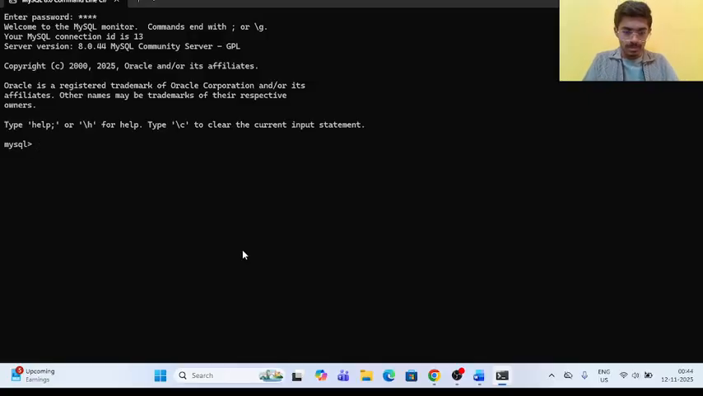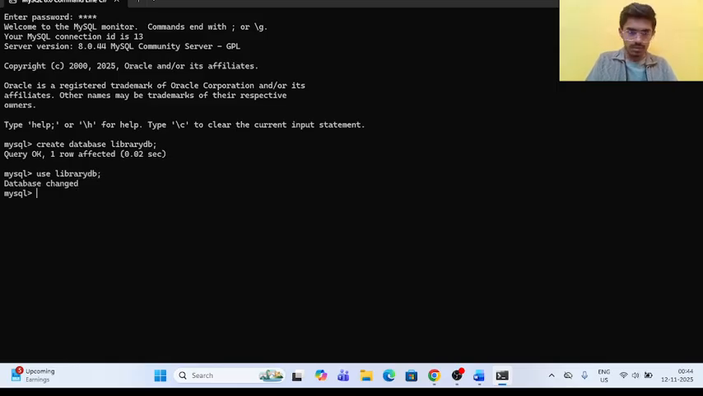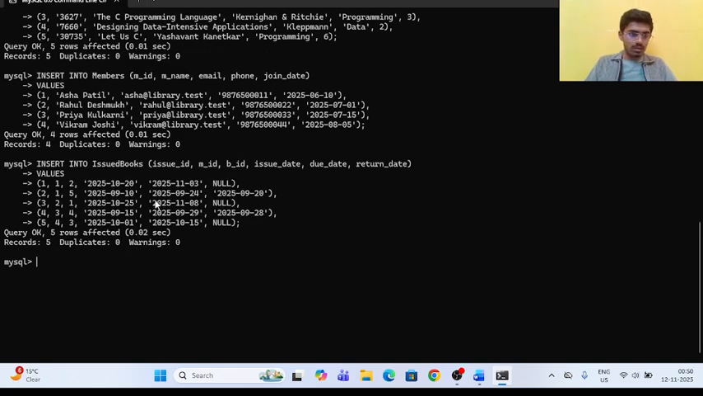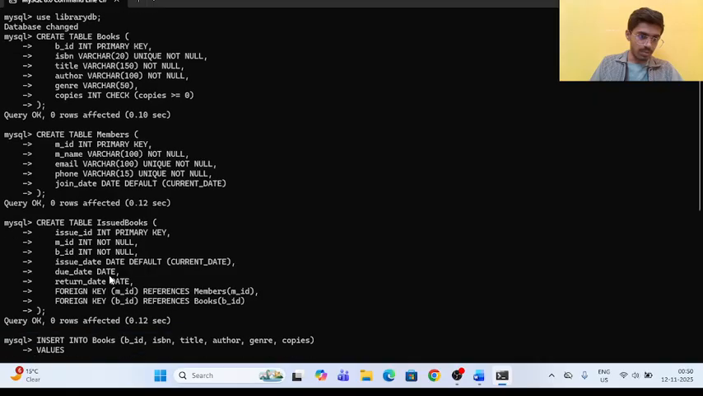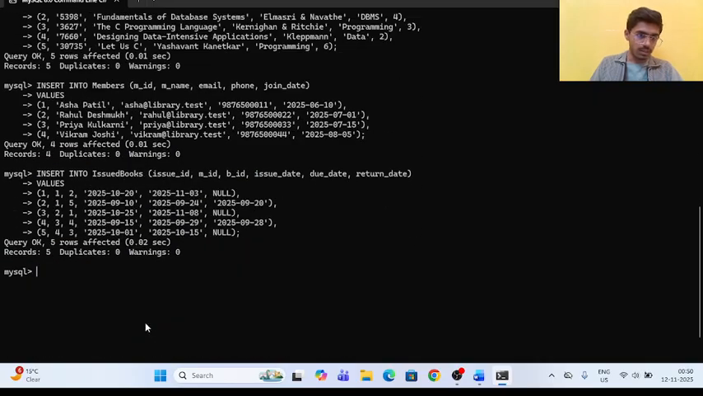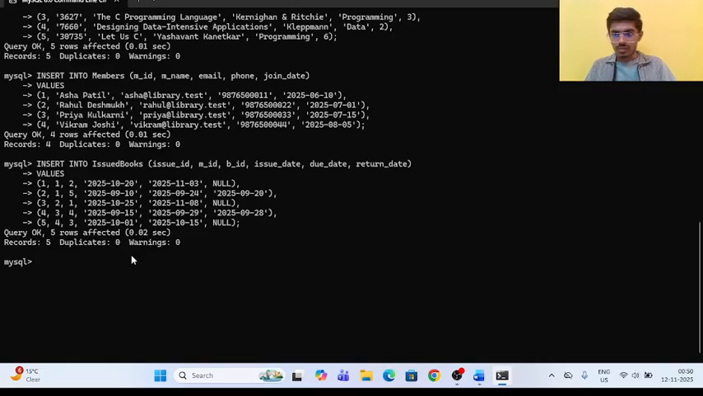So basically, create database. I will be using library database, and then use library db. So I have created the tables and I have inserted all the data for book, member, issued books, and I have inserted the data given in the problem statement here. So further,